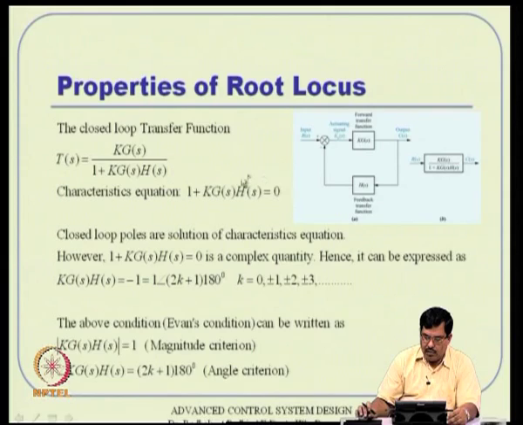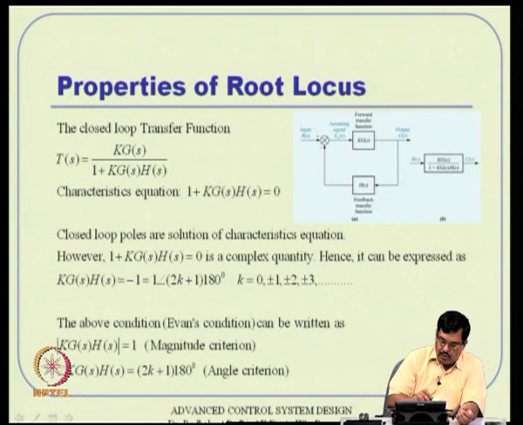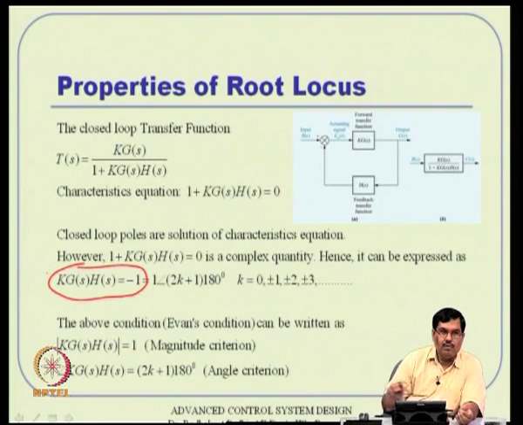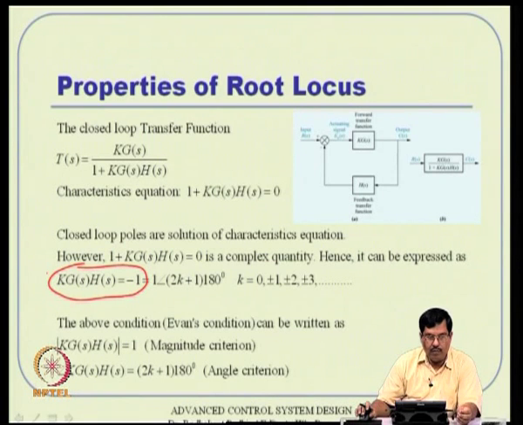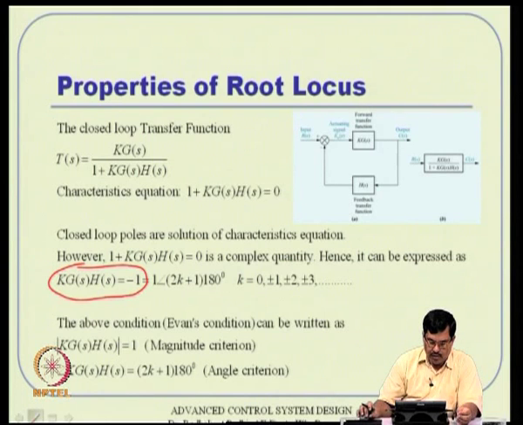But in general this particular equation I can interpret as a complex equation. Okay. Because this g of s and h of s, where s varies in a complex plane, so this entire equation is a complex equation, and hence this equation has to be satisfied. This is the primary equation that we are talking about actually. So, k into g of s into h of s should be equal to -1 in complex sense actually. So, what does that mean? This -1 embeds two pieces of information, that the magnitude has to be 1, and the angle of -1 is an odd integer multiple of 180 degrees